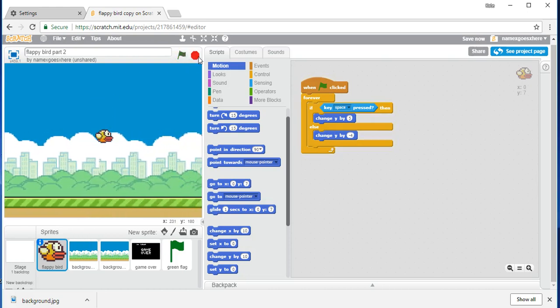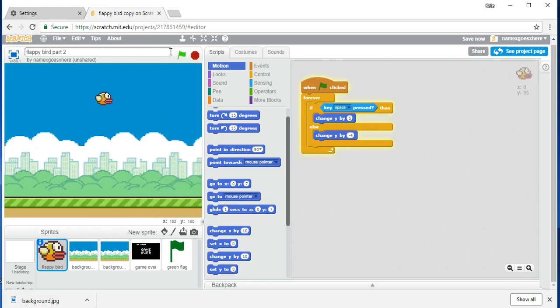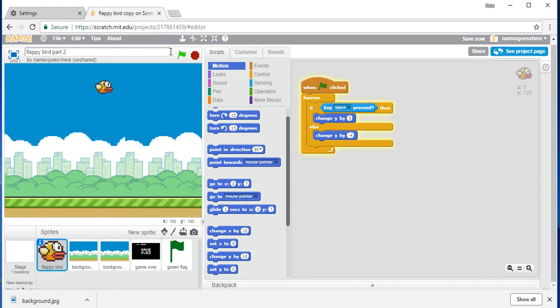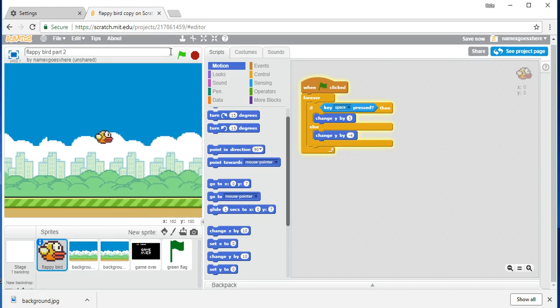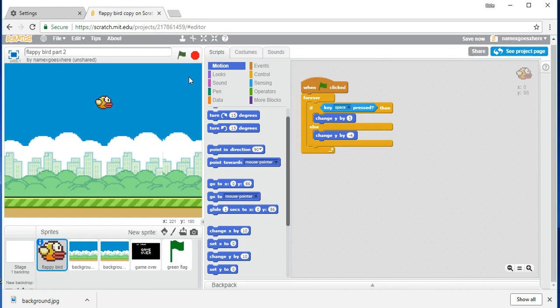Okay, so now on to our next part of code. You may say this is pretty much done. But it's really not, because if you hold down the space bar, that's where our problem comes in. Because in Flappy Bird, the bird doesn't continuously go up and make it too easy. So what we want to do is make it so